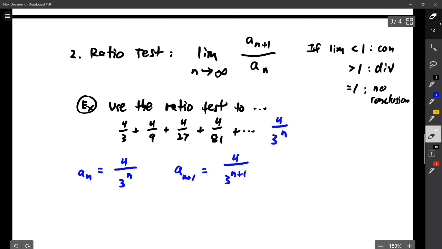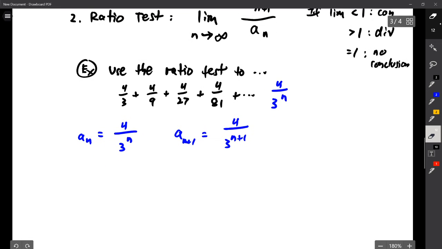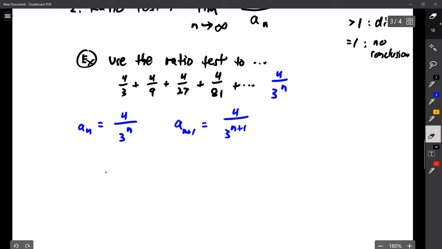But the reason we have this n plus 1 is, what are we doing each term? We're multiplying it by 1/3, right? If you took this 4 over 3 to the nth, and you multiply it by 1/3, you are multiplying by another 3 in the bottom here, right? Well, 3 to the nth times 3, what do you do to an exponent when you multiply by the same base again? You raise it by 1. So we go from 3 to the nth to 3 to the n plus 1. That's what's going on. But in the ratio test, we need to find the limit